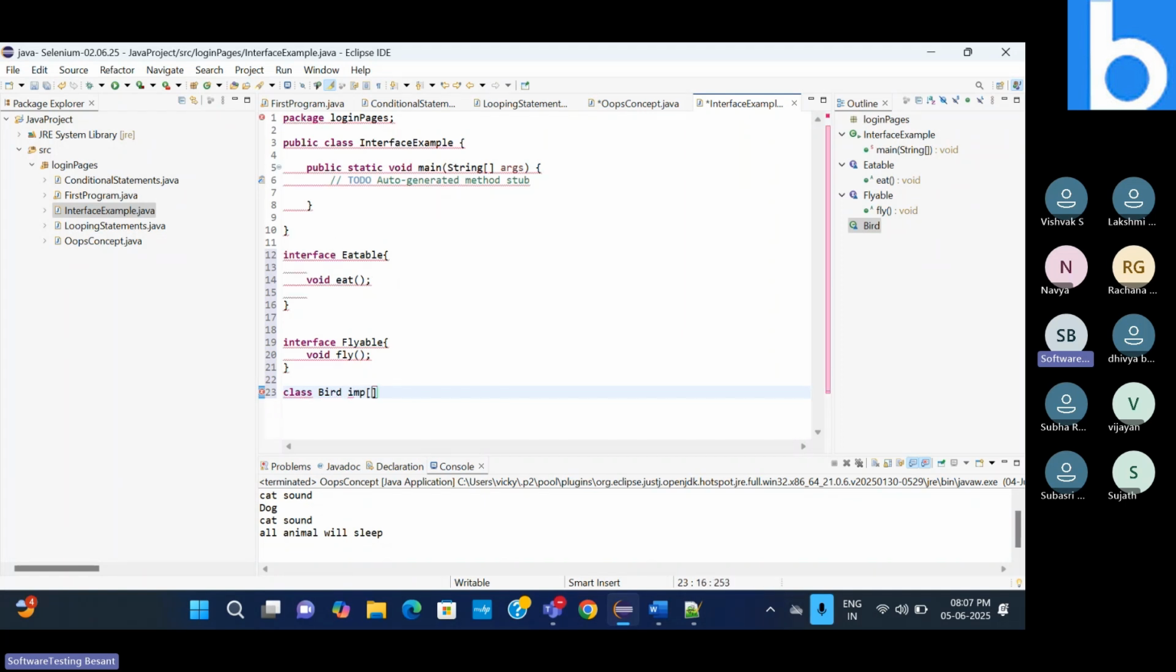So for that, I have to implement. That is why we have defined these as interfaces. When I give the implements keyword, I can access both the interfaces. So you can give it like this: Eatable, comma,